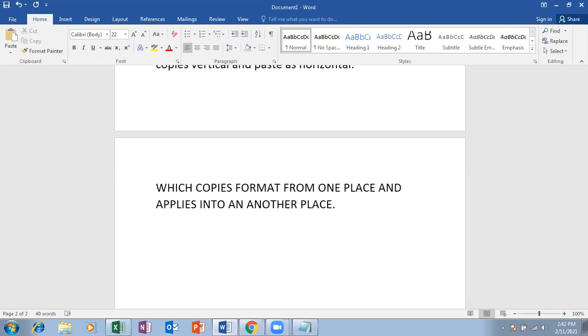Which copies the format from one place and applies it to another place. So it is nothing but called the format painter.